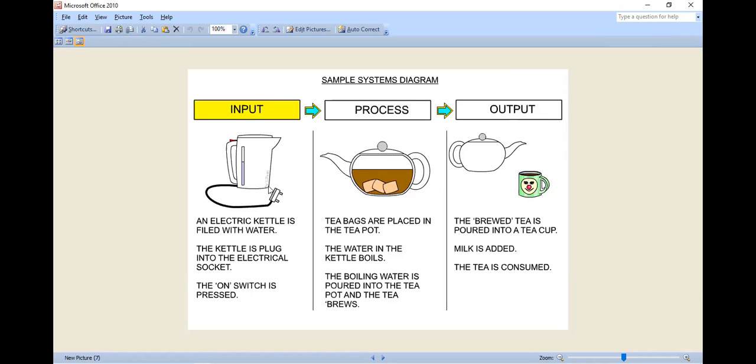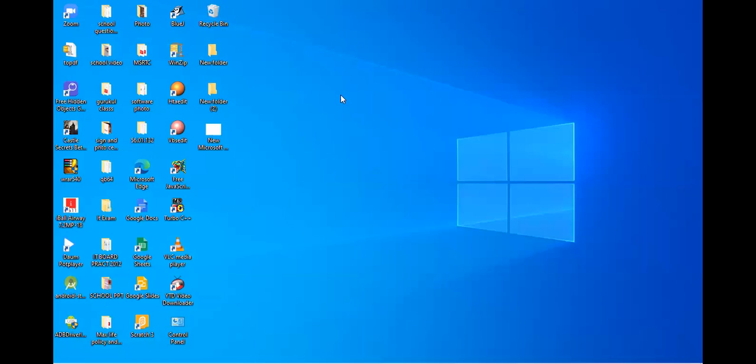So this way, first you have to give electricity as input, then you have to give heat as a process so that the tea will be boiled, and after boiling you will get a complete tea, and that complete tea you have to pour into a cup. So serving tea is the output. This is the best example, and practically we have one example again.